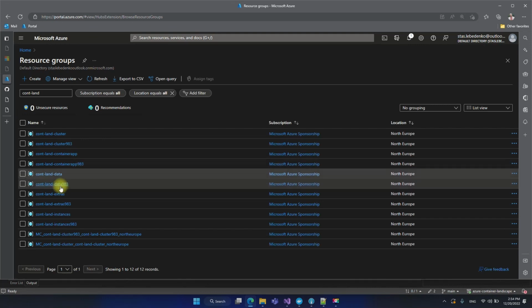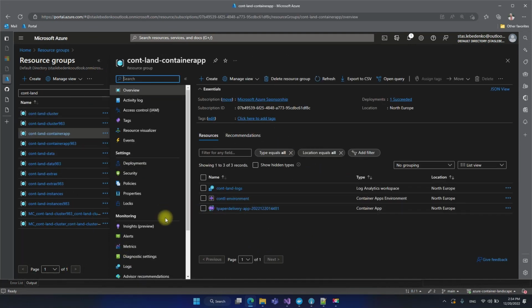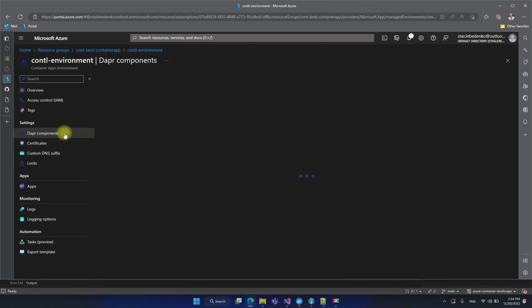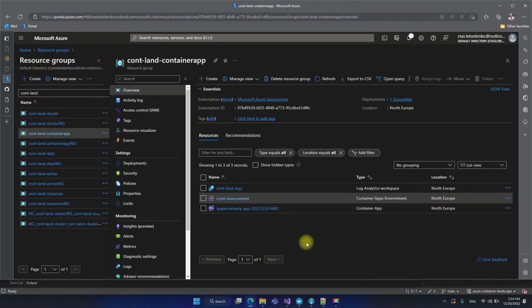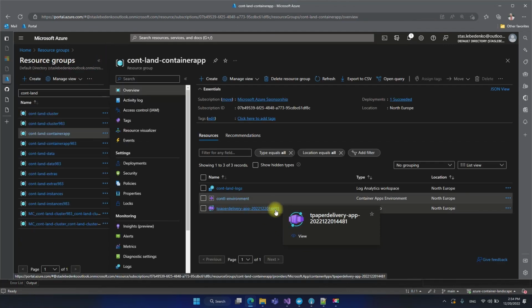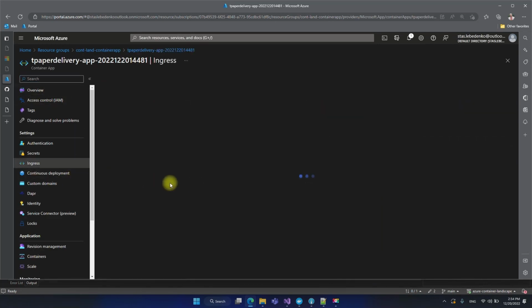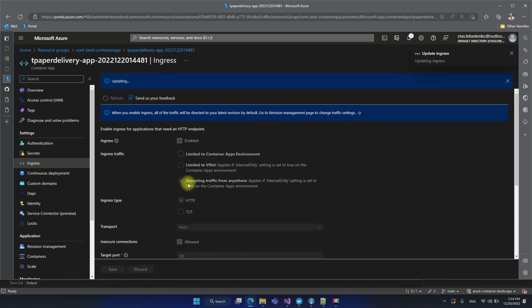We go back into the resource group, opening the container app that we have here. As you can see, TPaper delivery is here. We're checking our DAPR components, which would be located inside the environment, because it's the same virtual network and same namespace. So we're switching here, and we open Ingress. And here is allow insecure connections. We're saving this